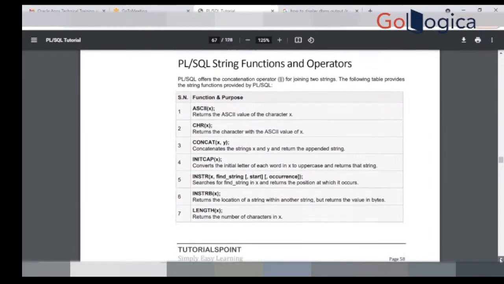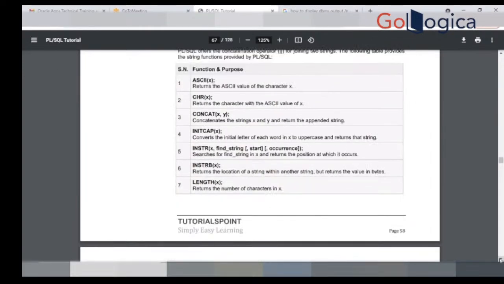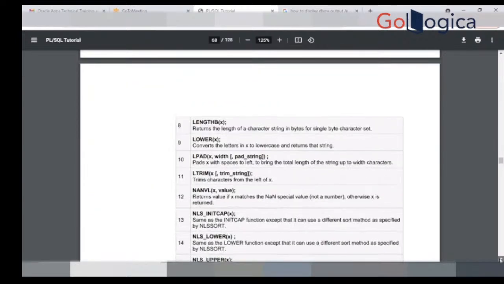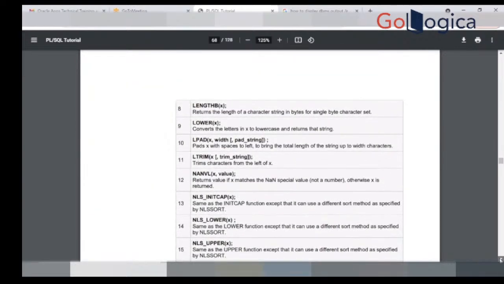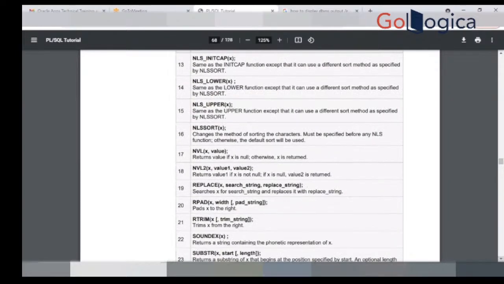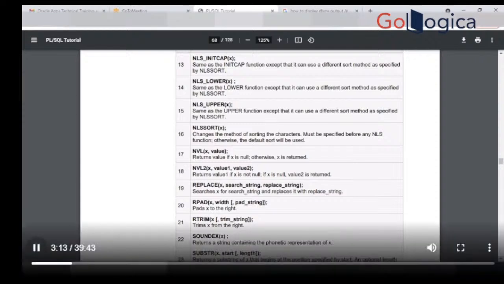In a similar way, you can use it with PL/SQL as well. So all these functions we can use. You can see the NVL function, NVL2 function. Sir, what is this NVL2 function? If x is not null, then it will return value 2. Okay, if x, value 1, value 2. If the value 1 is